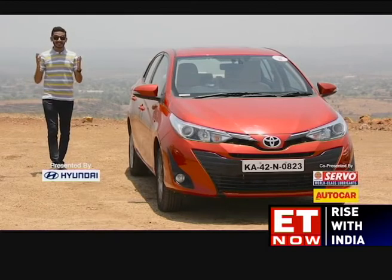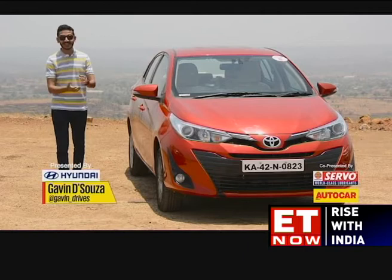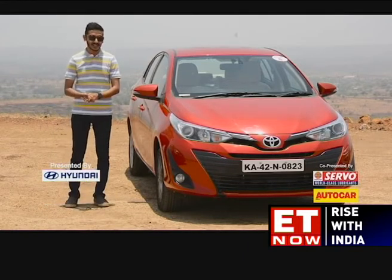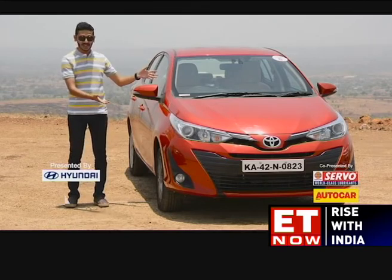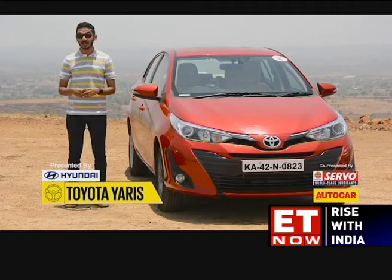After years and years of will they, won't they, will they, won't they, Toyota has finally taken the plunge and launched a proper premium mid-size sedan in India. And here it is, the Yaris. And just to make sure it enters with a bang, they've loaded it to the teeth with equipment, especially when